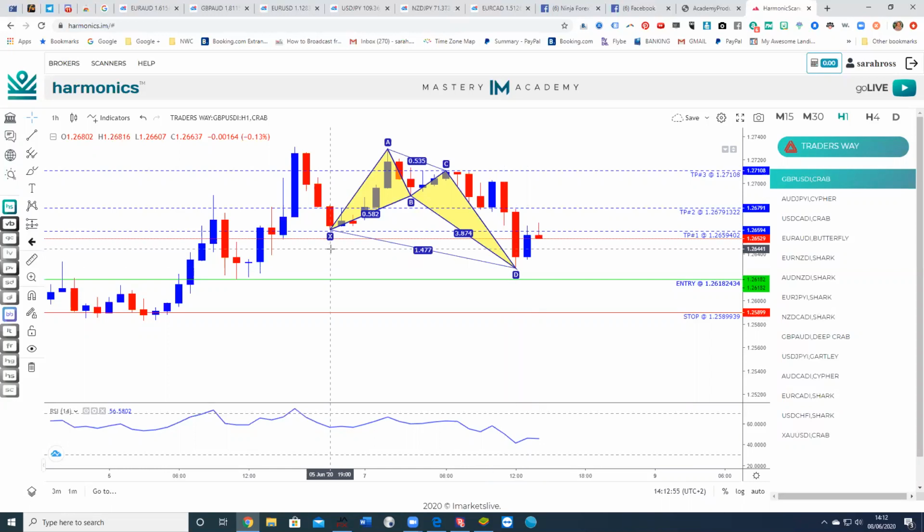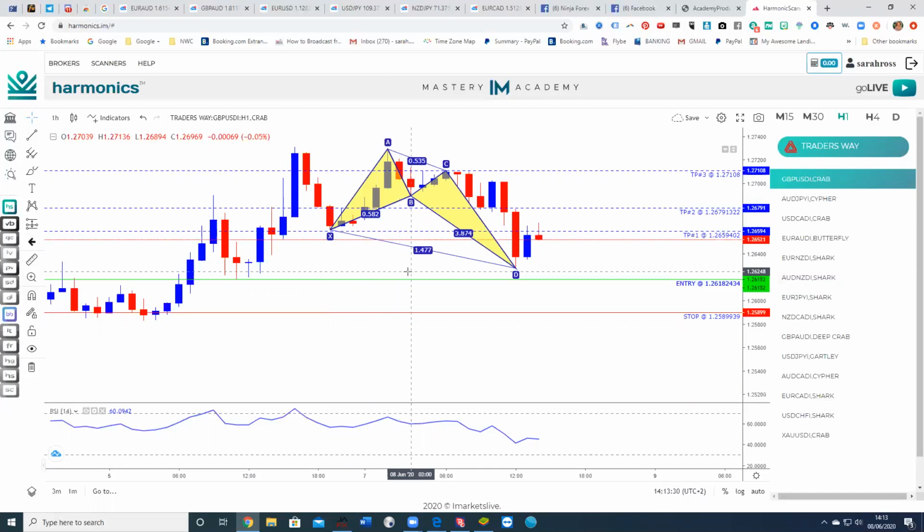So now we're going to write down GBPUSD. I always write it down on my piece of paper because it's easy sometimes to get a little bit confused. So X point, look at the bottom, it says 5th of June 1900 on my local time. If you're in the UK, it would say 1800. So write that down. The A, these are the reversal points, the highs and lows in the market, show you how price is going to change. That's